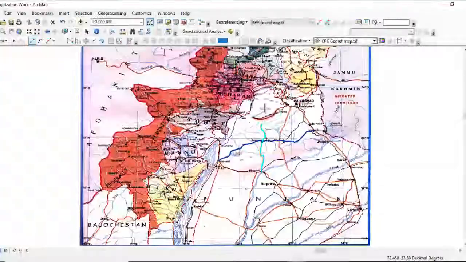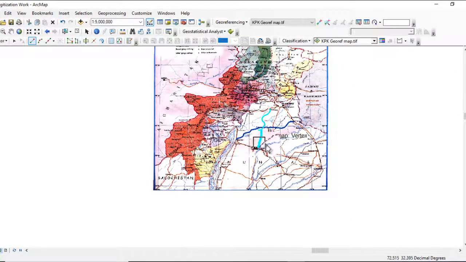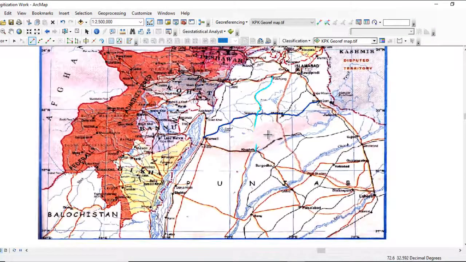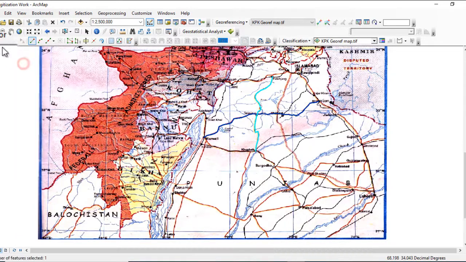This line is also digitized. In this way you can digitize all the line data of the raster map. When you complete your digitization, go to the Editor tool, save your edits, and stop the editing.